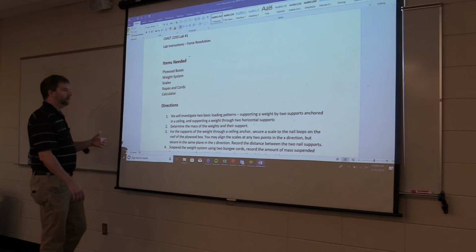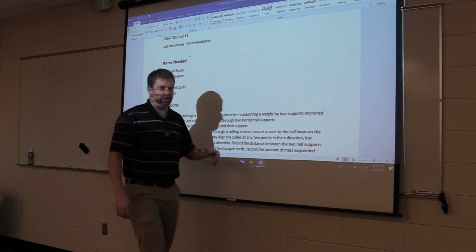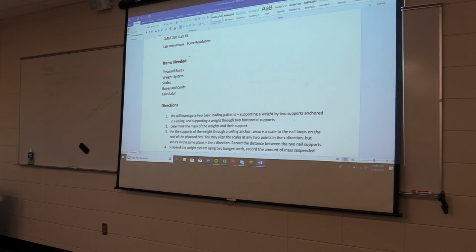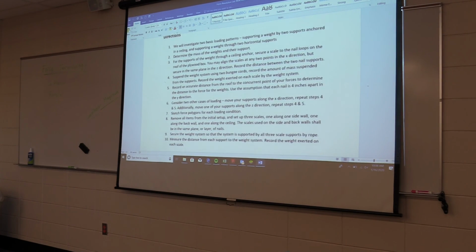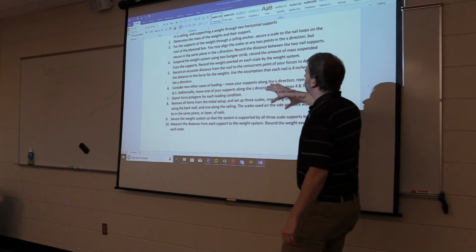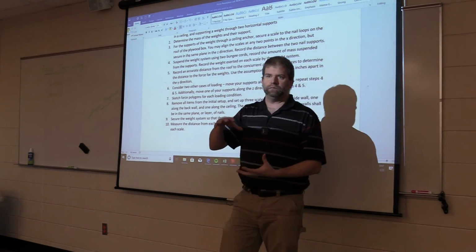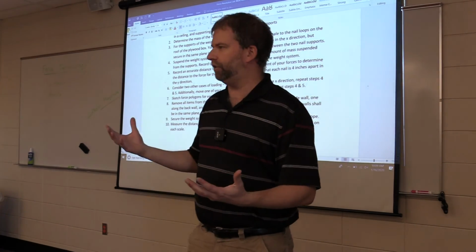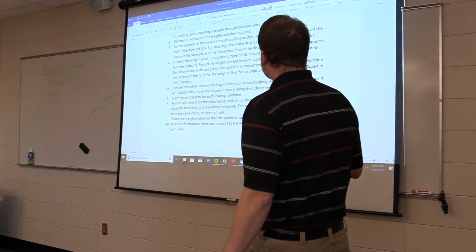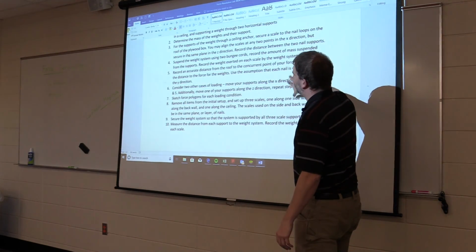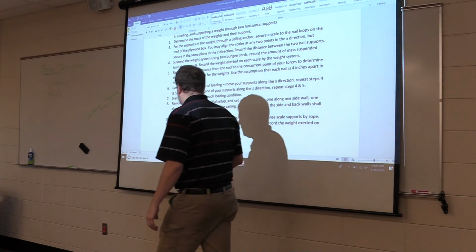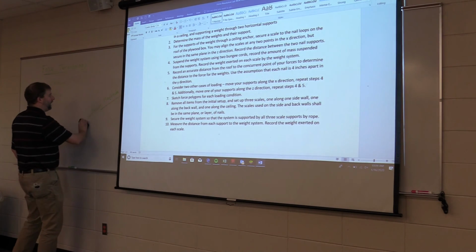And that's what we say here. We look at supporting a weight by 2 supports that are anchored and supporting a weight through 2 horizontal supports. What you're going to do first is take the weight set and determine the mass of the thing, so you know what it is that you're suspending. After that, I give you a bunch of directions, and I talk about the X, the Y, and the Z coordinates. So we'll have to